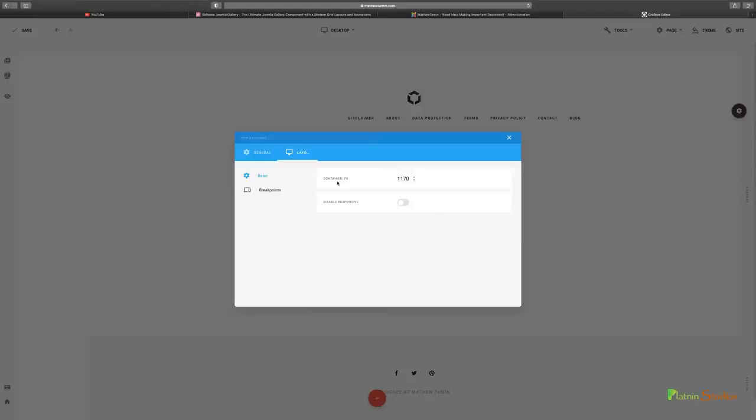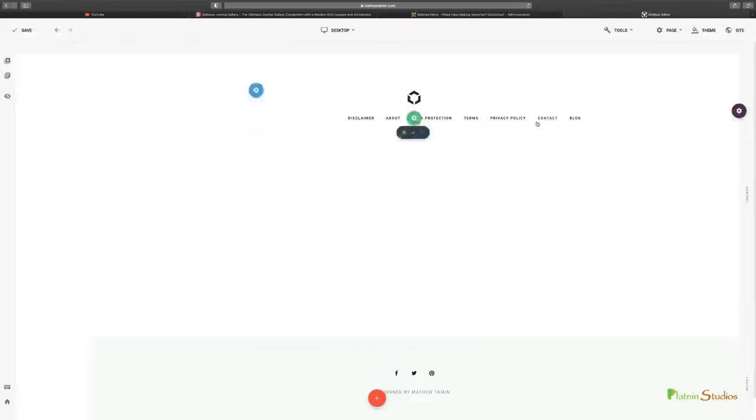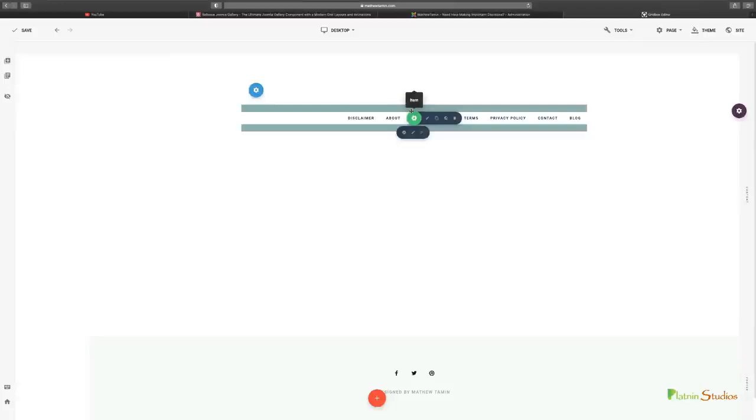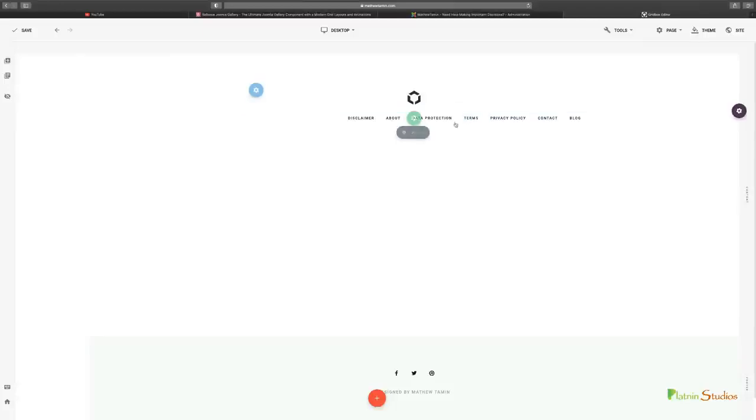And you have your layout. There's the container, there's the pixel. You can change that later on, and you can also disable responsiveness. And you have your breakpoints for each device here. So there's something that you can change, but by default this works really great. And then as you put your mouse over each section, you notice that you have different things you can be able to do. You can edit wherever you put your mouse on. You can edit. You can add new